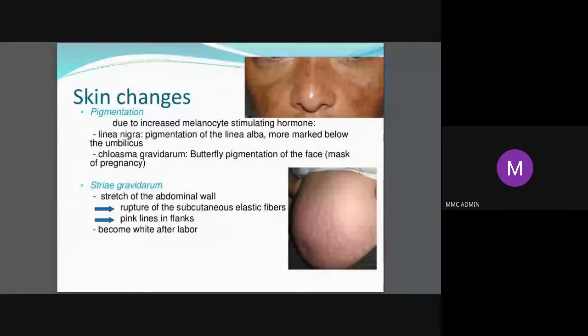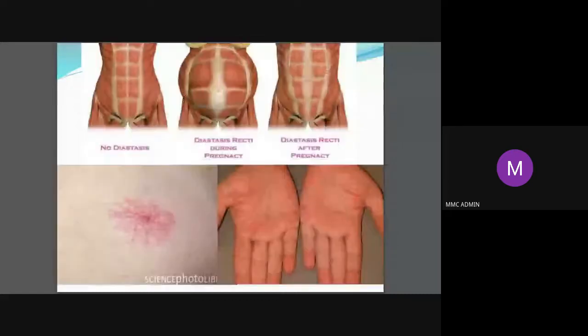Another thing, though it is not mentioned here, some of them, when they have more striae, have severe itching on the abdominal wall, which is again physiological. You just have to give them some local application of calamine and things like that. The patient may say, I'm not able to tolerate that. So for cosmetic reasons too, in today's world, you have to look at the cosmetic things also. You cannot completely avoid them, but you can minimize. Fine, next one.